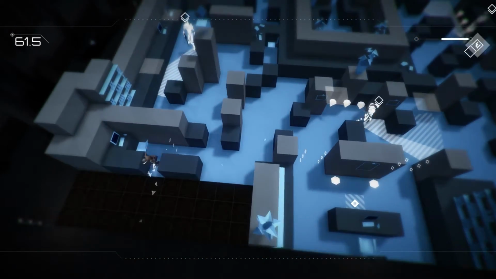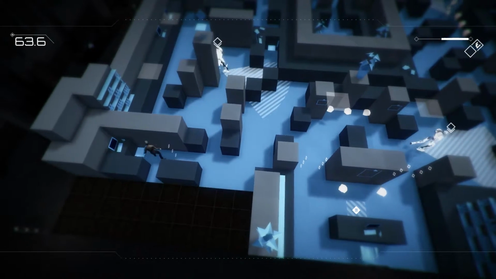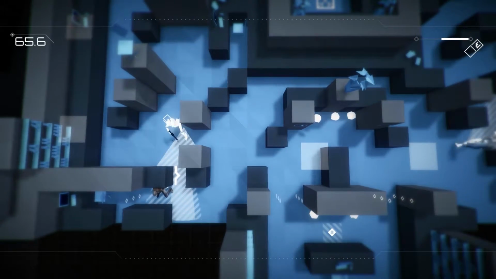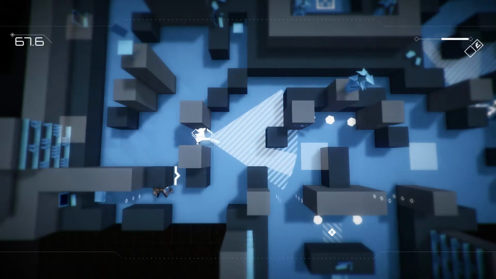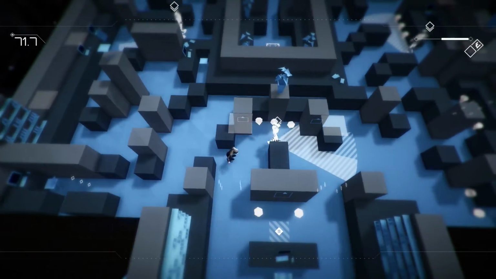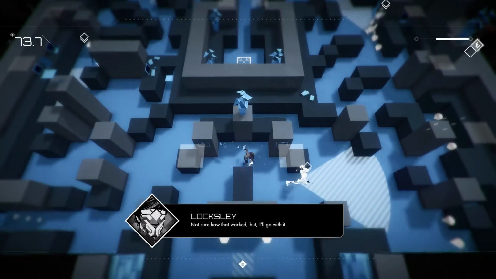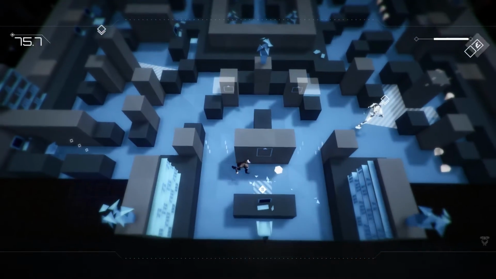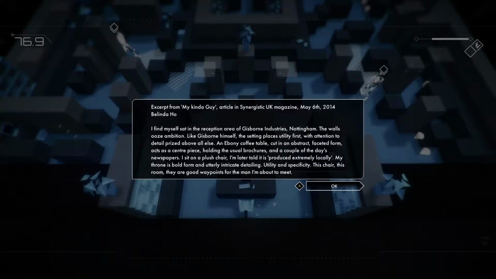And there's some around here. Not sure how that works, but I'll go with it. And the text document is from My Kind of Guy, article in Synergistic UK magazine, May 6, 2004 by